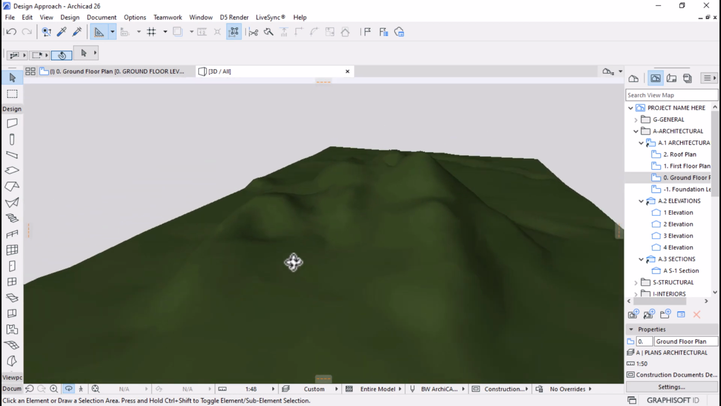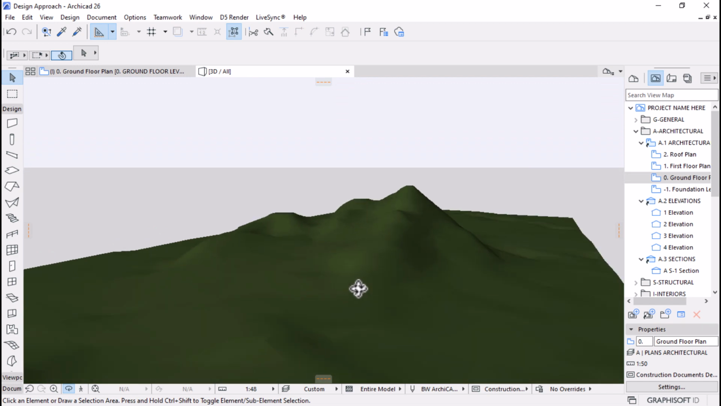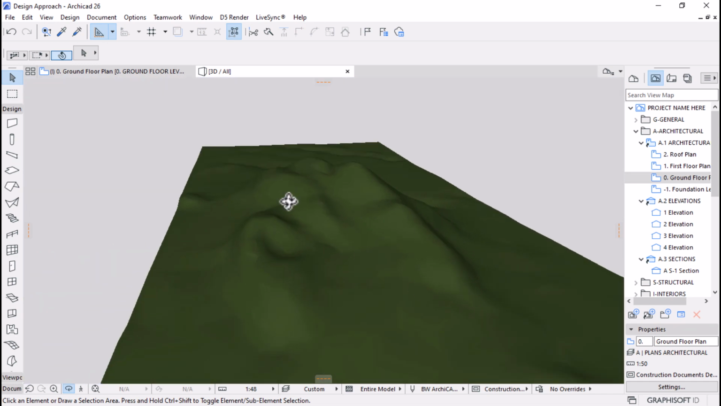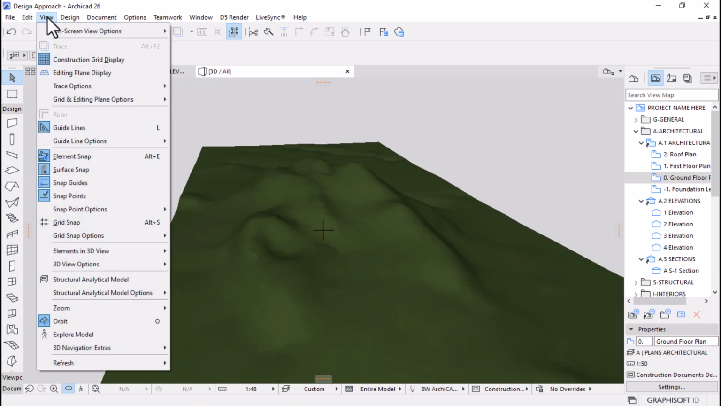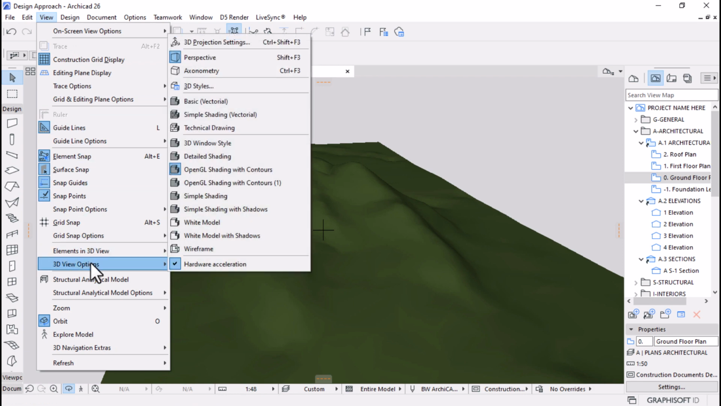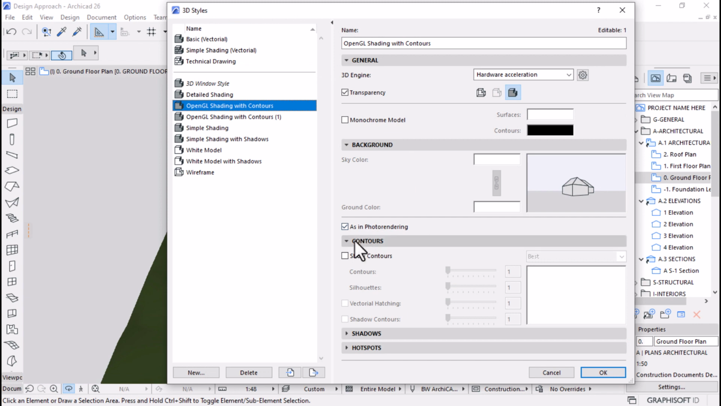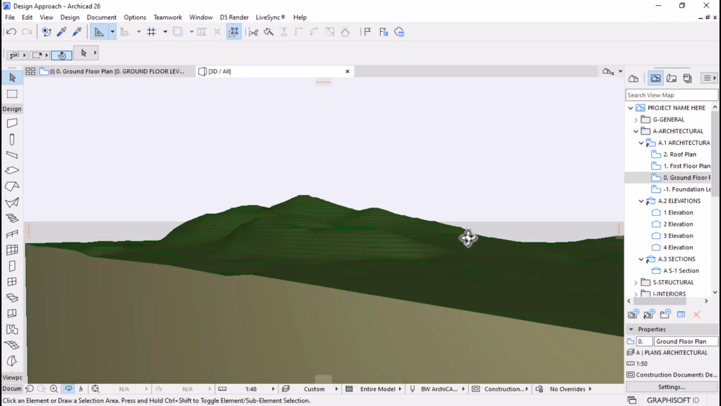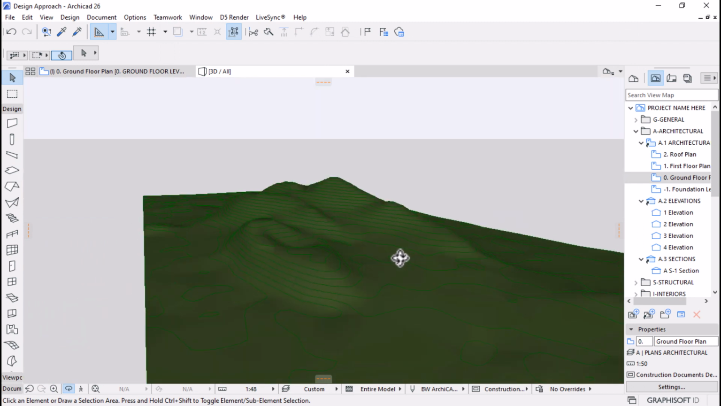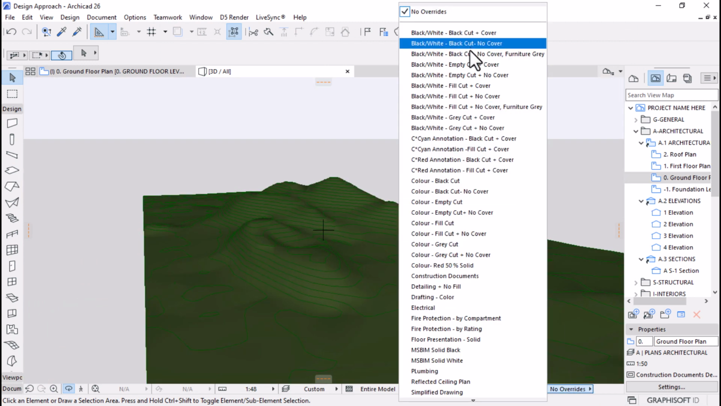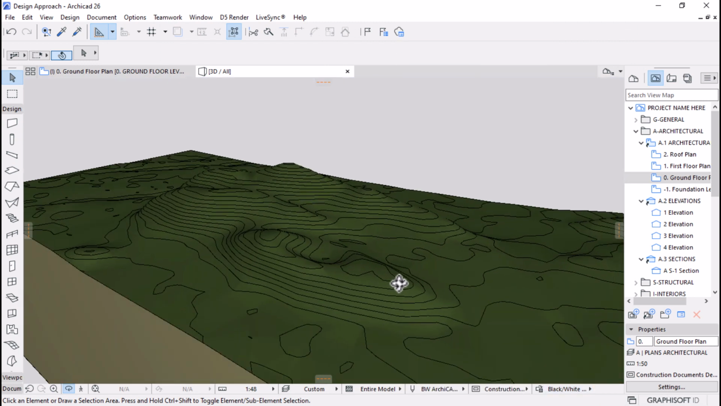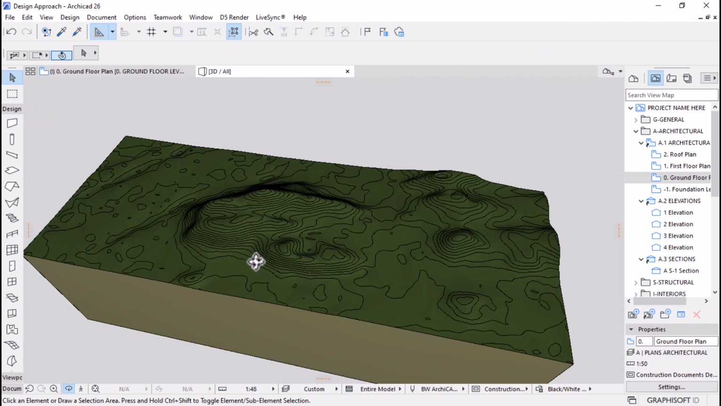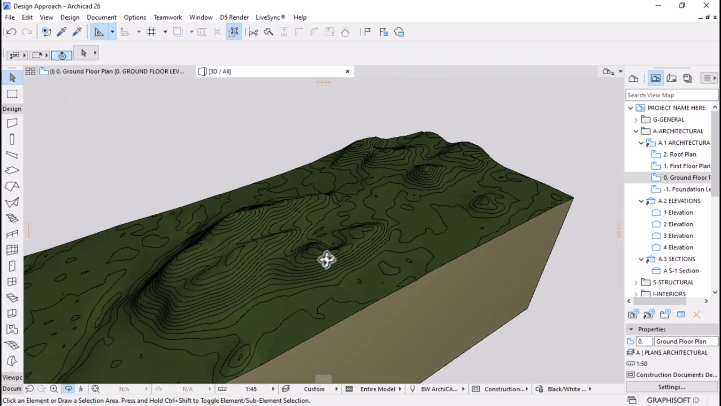Perfect. But for the modeling purposes, I'm going to leave it on because we're going to use it to define our... Let's go back to 3D view options and 3D styles. Let's make it show. Hit OK, just like that. And then you can also set the override to be maybe black and white. Okay,